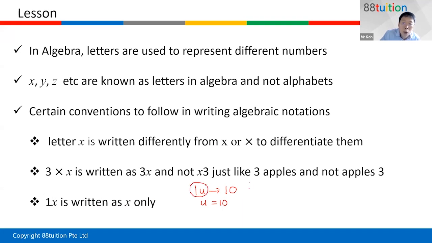In primary school you use a model, so you write 1 unit, but instead of writing the whole unit you just write 1u equals 10. But in secondary school, you take it as u equals